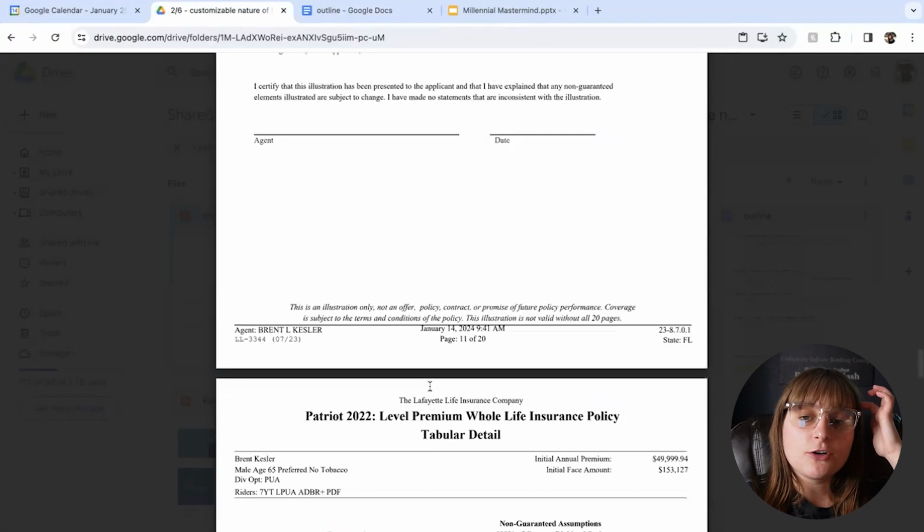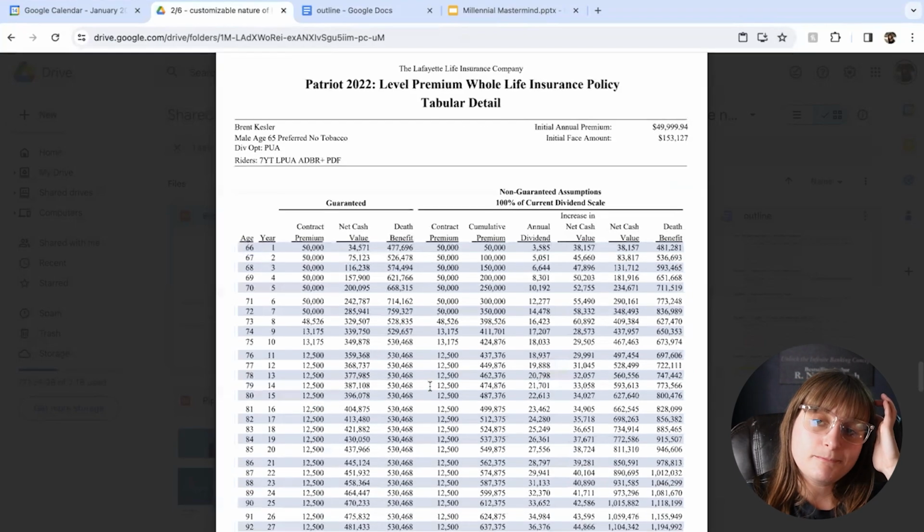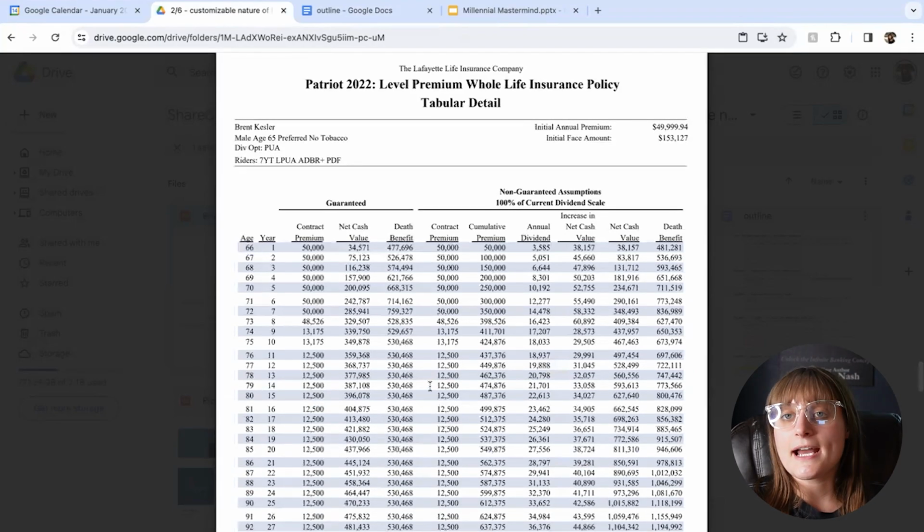So here's my last final one that I want to show y'all. This one, I named it Brent Kessler, so my dad. And don't tell Dad this, but I made him a little bit older here. I said that Dad is 65 years old. And I'm telling you right now, if you are of the boomer generation, even though you're older, you can still practice this concept.